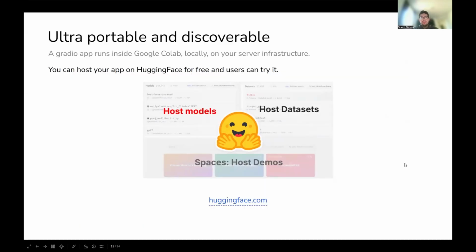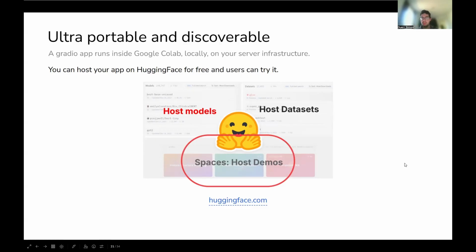And then another important feature is discoverability, right? So you don't want to create something where afterwards people can't find it. And these Gradio applications really work great in the current ecosystem that we already have. So you can launch these apps inside Google Colab. They can be hosted on this Hugging Face platform for free, like this ProteinMPNN app. So on Hugging Face, you can host models. This is not where this would go. You can also host datasets.